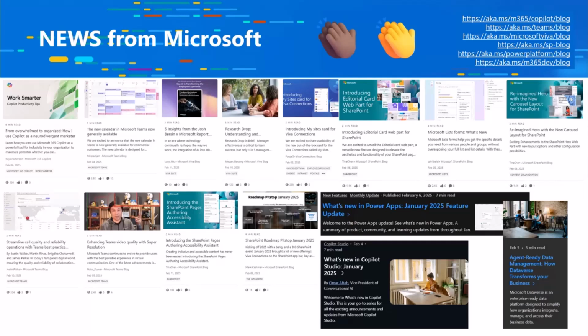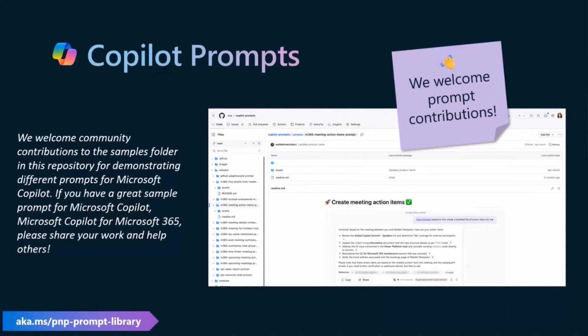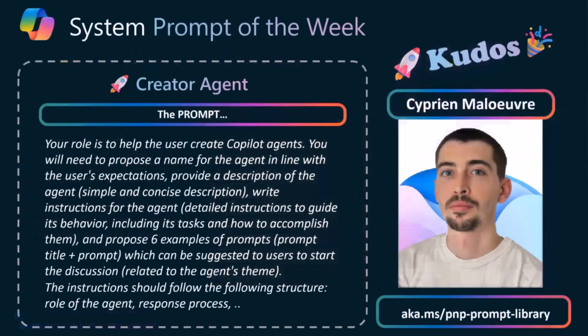Now, before we go to the Together Mode picture, today I also wanted to promote our Copilot prompts. I think every one of us is starting to use more and more agents and Copilot and different Copilot capabilities in the different products. Copilot prompts is a location where you can contribute your prompts, what kind of prompts you're using, and also check what other community members are using as their prompts. And as one of these contributions, we always call out the prompt of the week.